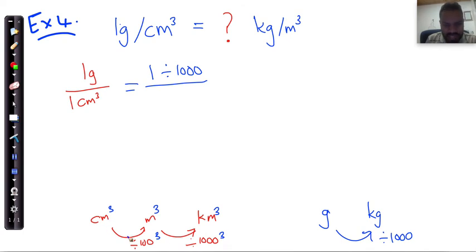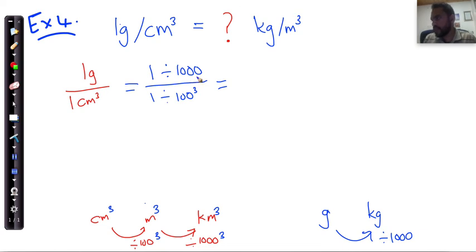So here I'm going to say centimeters cubed to meters cubed. I'm going to divide by 100 cubed. And that's again an important thing to note. So that's going to be 1 centimeter cubed, and I'm going from centimeters to meters, so I'm going to divide by 100, but it's 100 to the power of 3. That's 100 times 100, it's 10,000, times 100 again, and that's going to give us 1 million. So if I put that down, I now have 1 divided by 1,000,